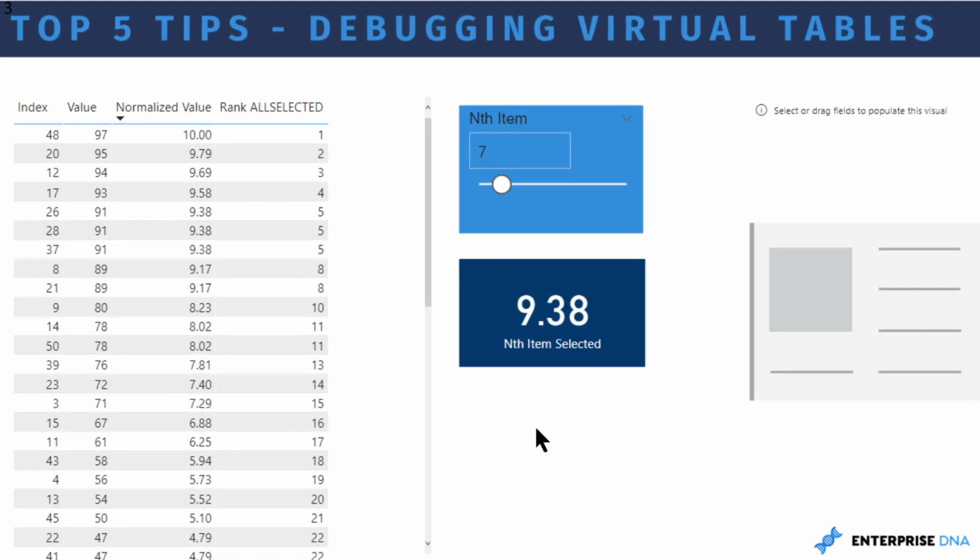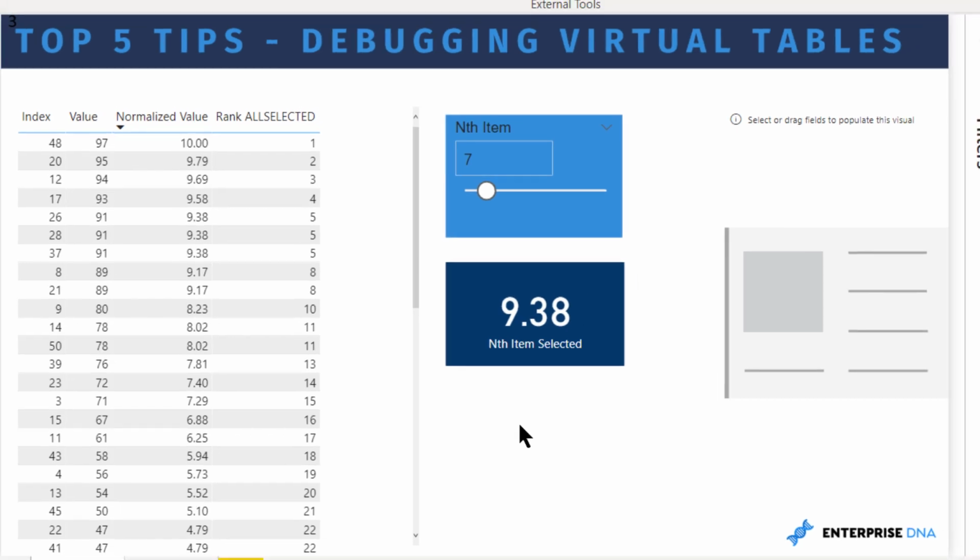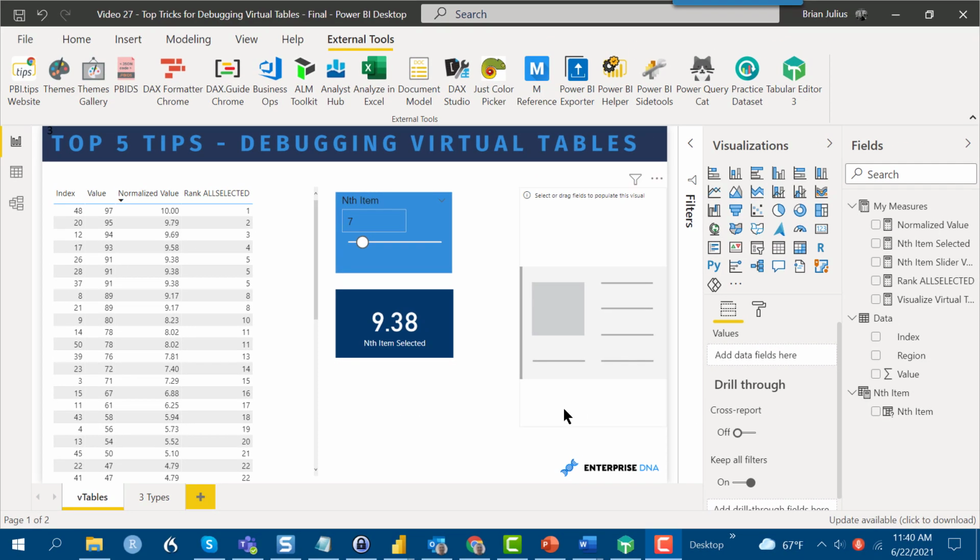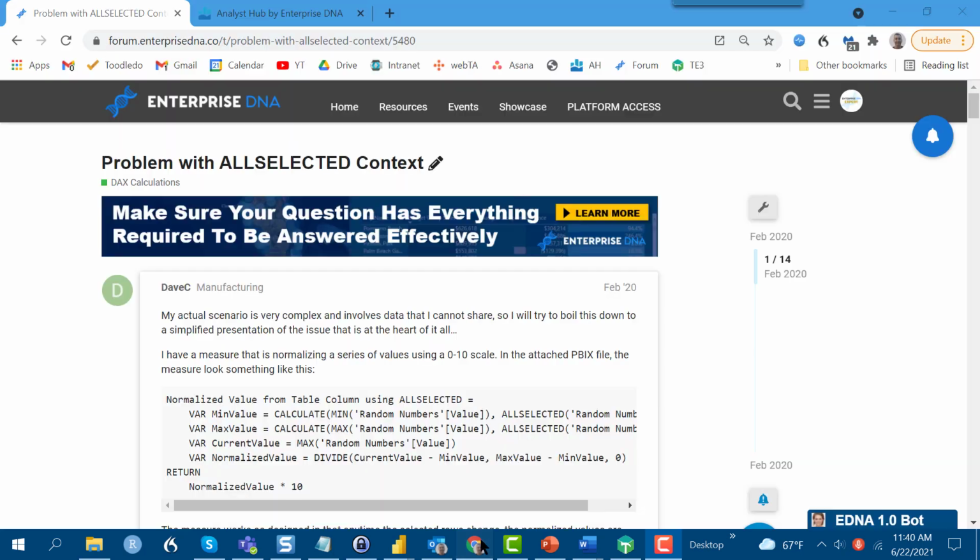One of the things about virtual tables that's challenging is in the past it's been hard sometimes to visualize what's going on in your virtual table. So I'm going to run through today some tips that I've accumulated over the years that really have helped me better understand and debug what's happening within my virtual tables, and overall just better understand what's happening within my DAX measures. So the example I'm going to walk through today is again through the Enterprise DNA forum, and it